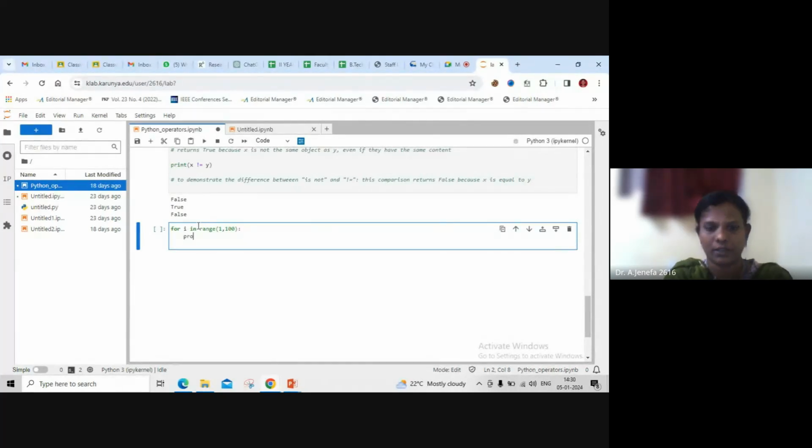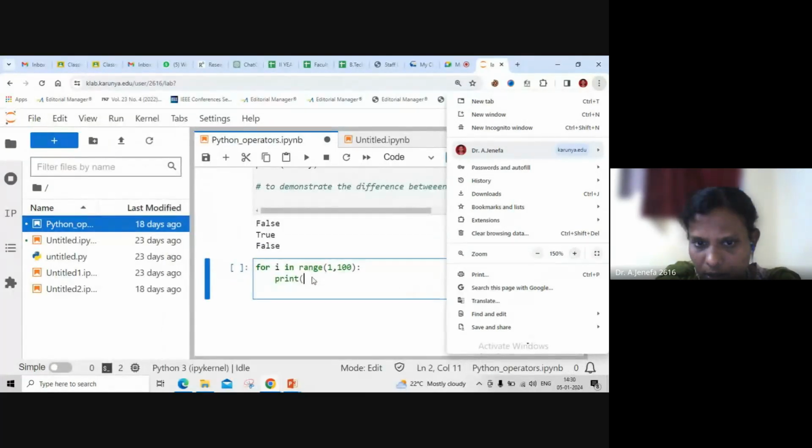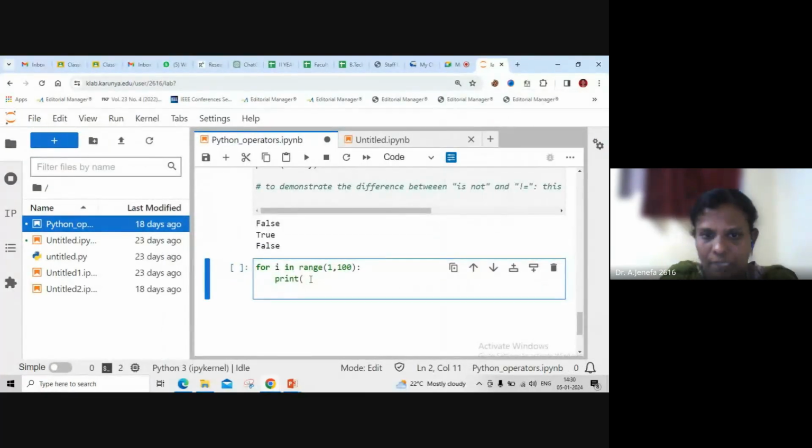Okay, so print of I. Let me maximize it so that you can view it very well. I'm just printing the value of I. If you want to print it along with any other statement, you can also do it with double quotes. Okay, the value is